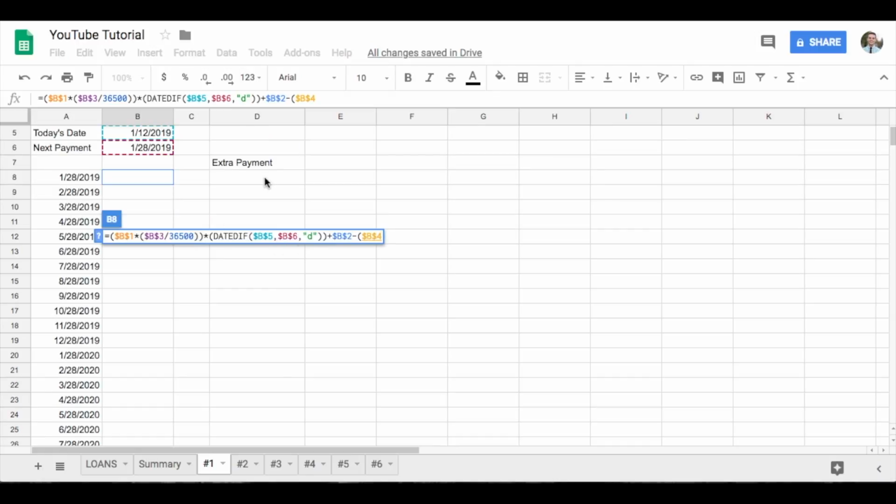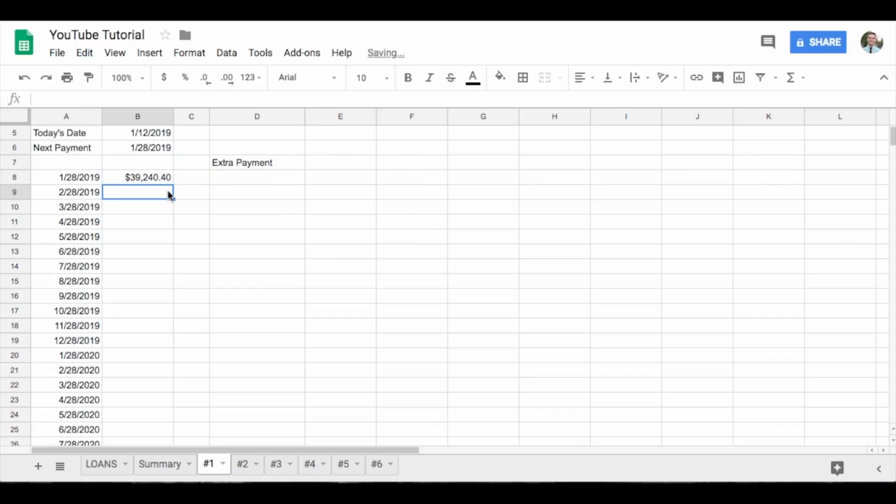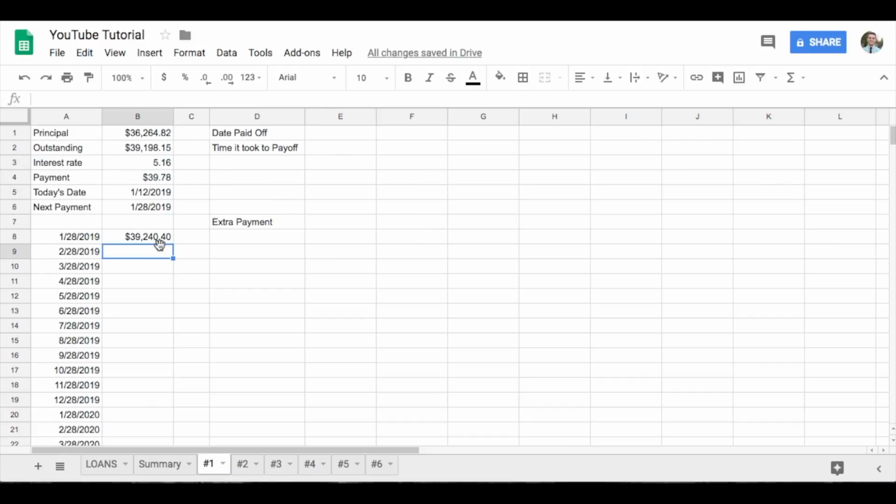The extra payment, which is going to be in D8. Okay, so we're going to add that plus D8. Now this one's going to be important: rather than completely locking it down, we're going to want this to fluctuate. So all we're going to do is just put a $ in front of the D. Close off that, push enter, and